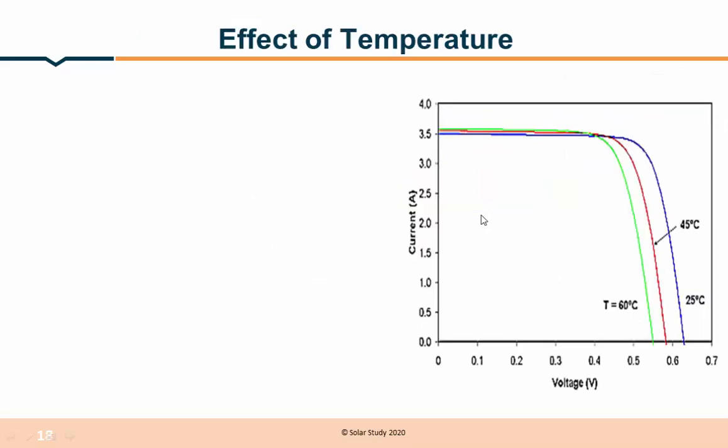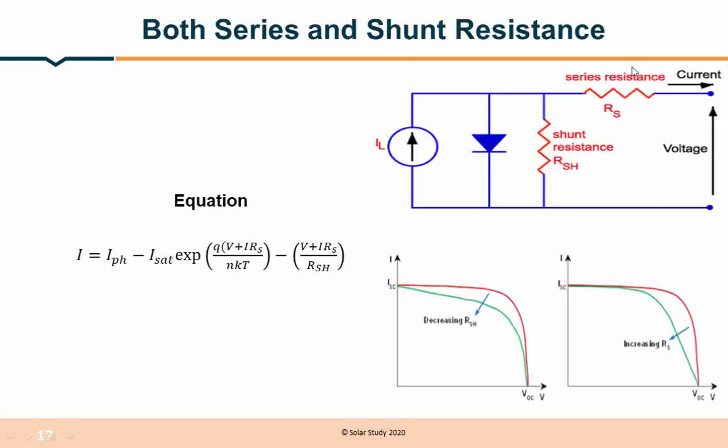So how can we calculate? Let's see. We will put series resistance and shunt resistance together, and we will put these resistance values in this equation, because series resistance will be increasing and shunt resistance will be decreasing. So the shunt resistance value will be decreasing and the series resistance value is increasing. You can see this clearly in this image. So when shunt resistance decreases, the current also decreases. When series resistance increases, the slope of the open circuit voltage also decreases.